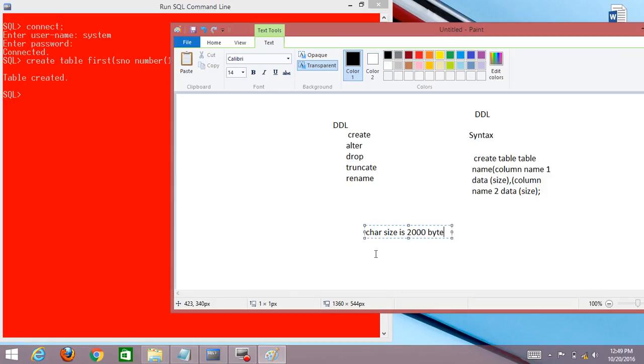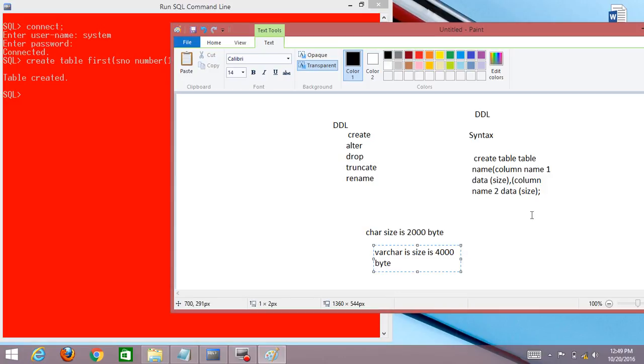But varchar allows up to 4000 bytes. So this is a very good purpose for varchar, and many software industries are using varchar2 too.